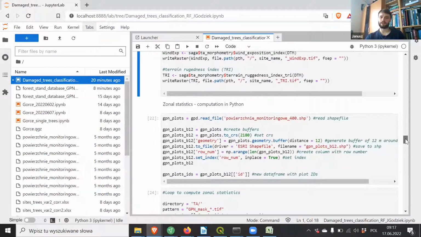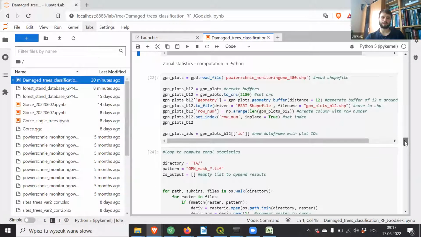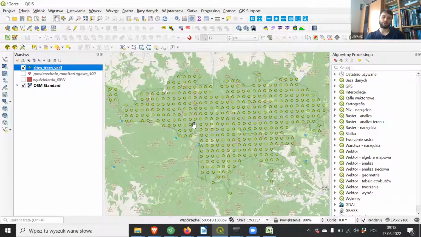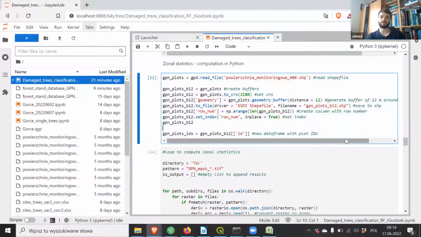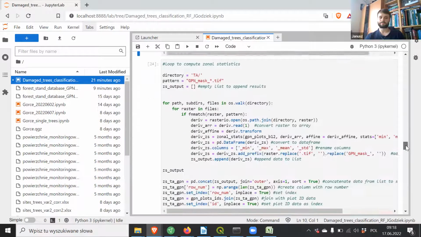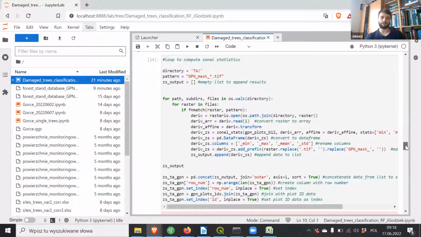And then I computed zonal statistics. I did it in Python. So here I read the shapefile with these monitoring plots shown here, and then just created a buffer. And for these buffers, a 12 meter buffer of each of these plots, I calculated zonal stats using some for loop